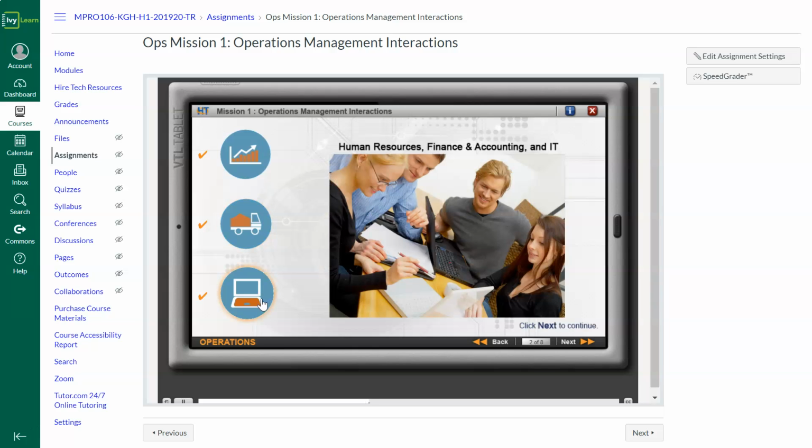Supporting groups such as human resources, finance and accounting, and information technology, or IT, also interact with operations. Even though these groups are not directly involved in making or selling products, they provide the people, money, and systems needed for smooth operations. Remember, operations management is the glue that holds everything together by making sure these groups are